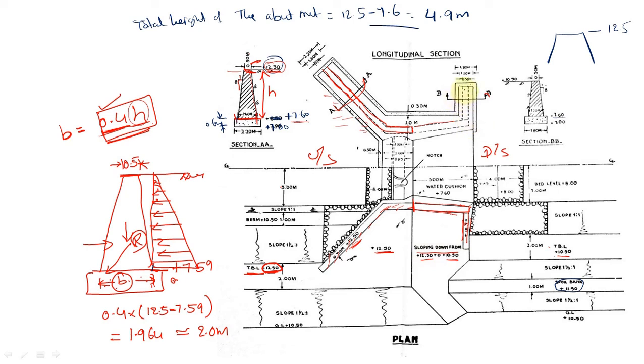But you can see the wing wall and this point are both at the same elevation. So just determine the section of the return wall. If you get the section of the return wall, then we know the section at this place and at this place, right? Then we just have to reduce the dimensions gradually. You can see in the bottom plan. The bottom width will change and also the height will change. Top width is constant for wing walls, return walls, and the abutments, that is 0.5 meters.